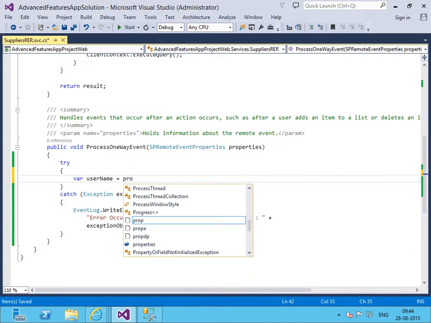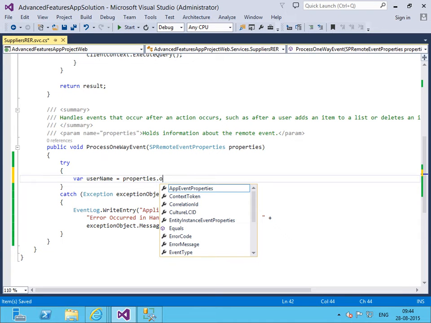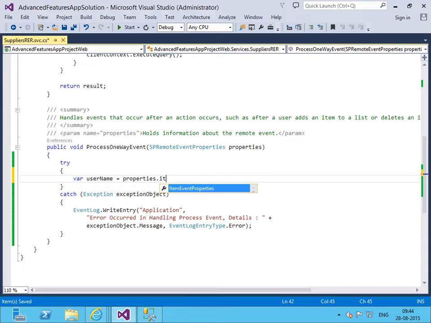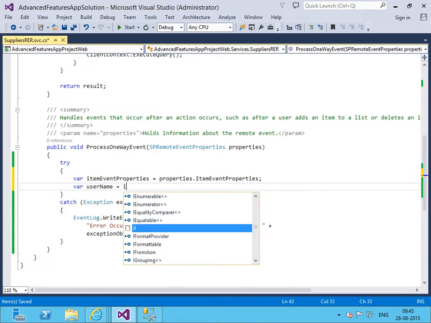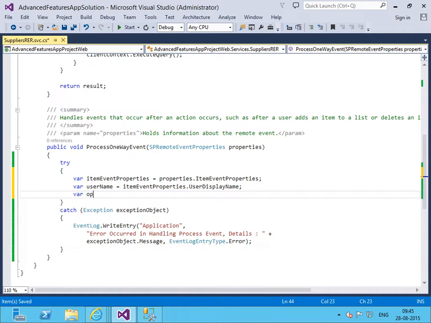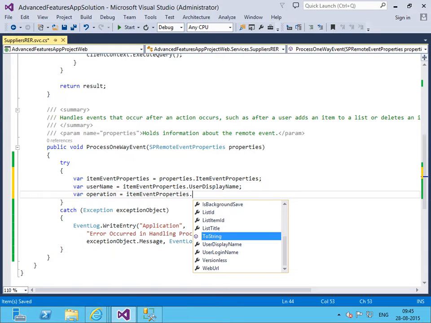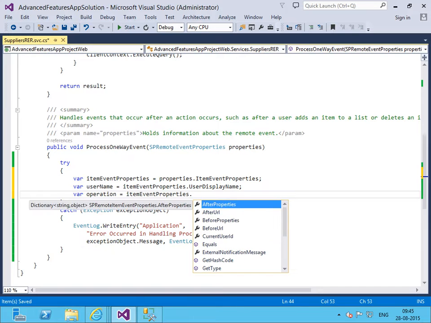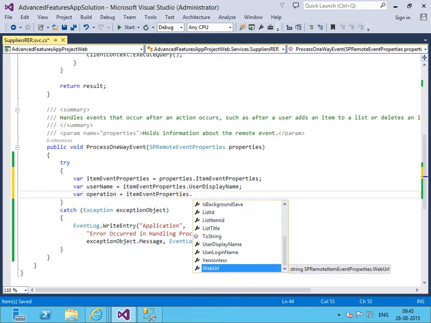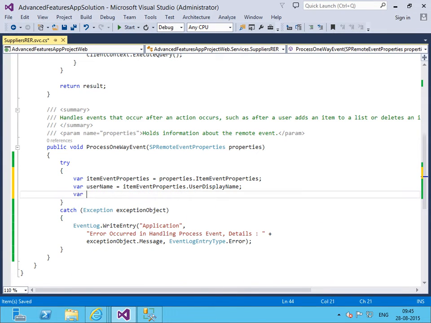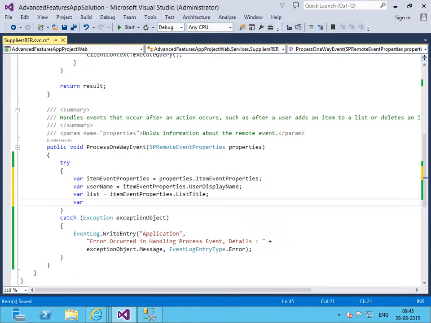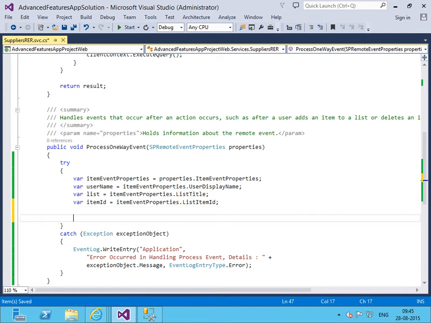Username, who did the operation. We'll say item event properties. Username equals item event properties dot user display name. Operation equals item event properties dot list title, item ID, user added a new list item to the list on